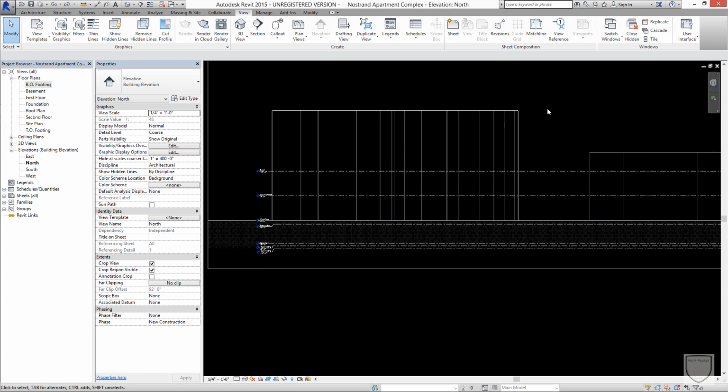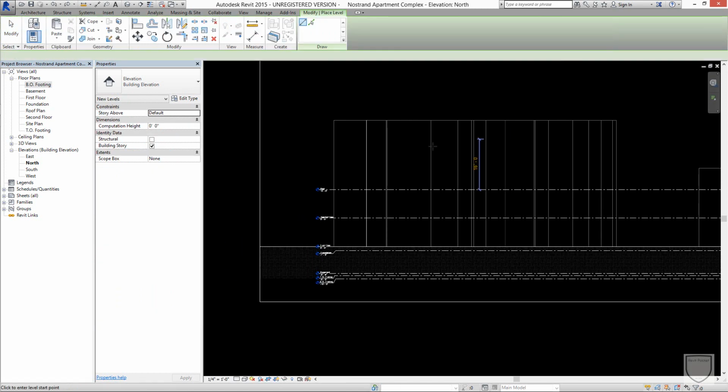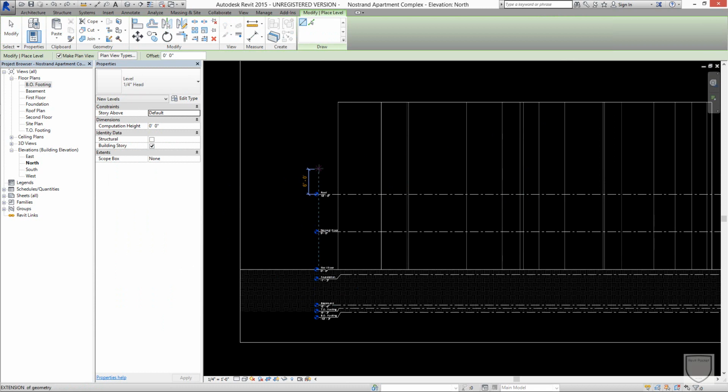So I'm going to show you a couple of ways that you can create levels in Revit, and I'm going to go right into the first one. The very first way to do it, very easy, is you go over to the Architectural tab. You click Level, which is located under the Datum toolbar. And if you click that, and you move over to the levels,